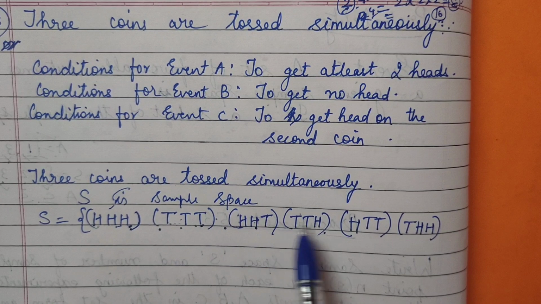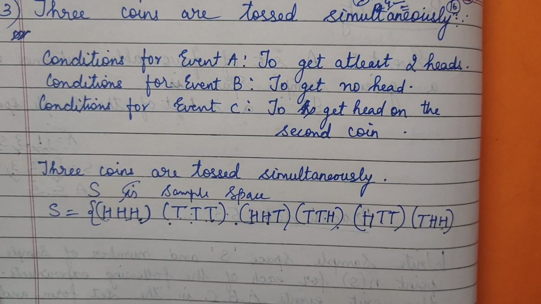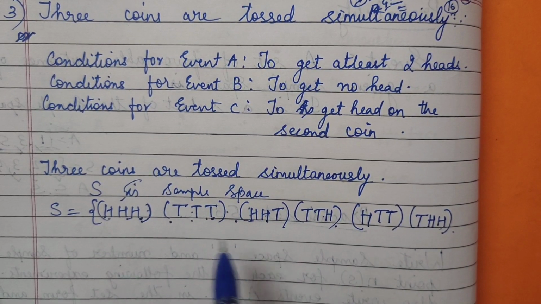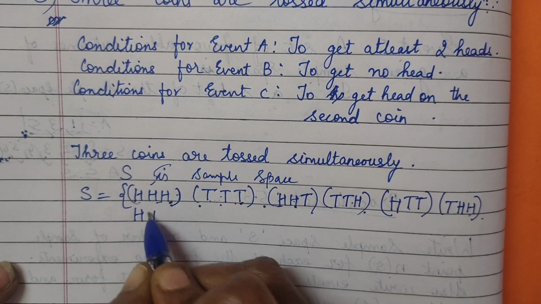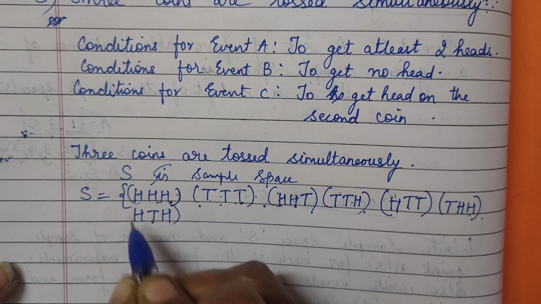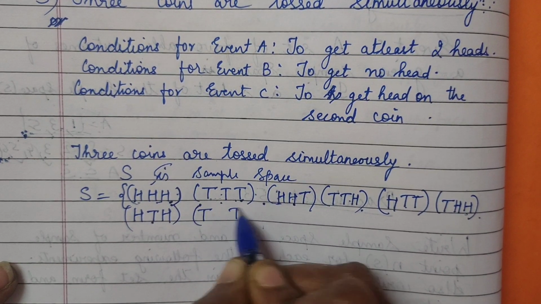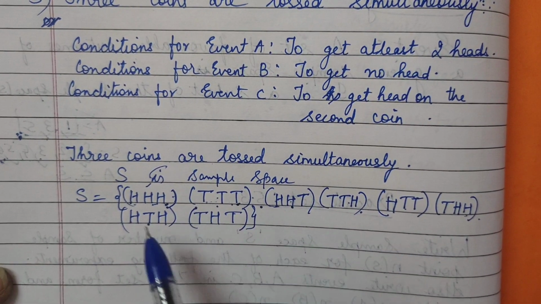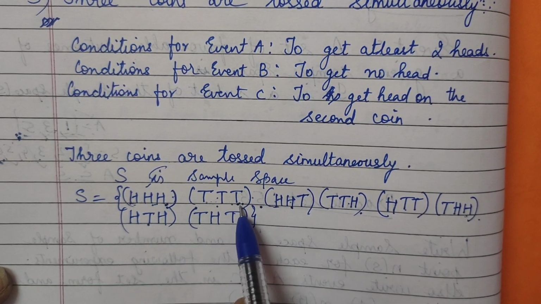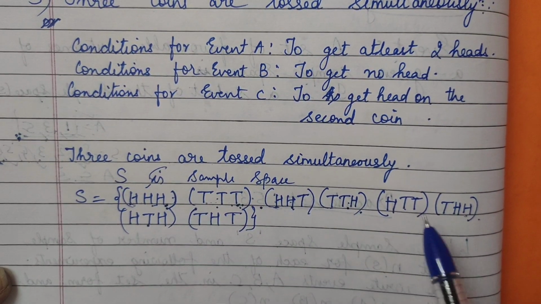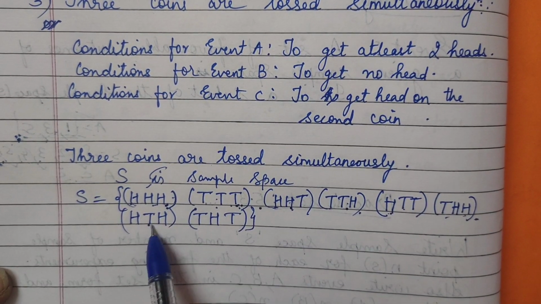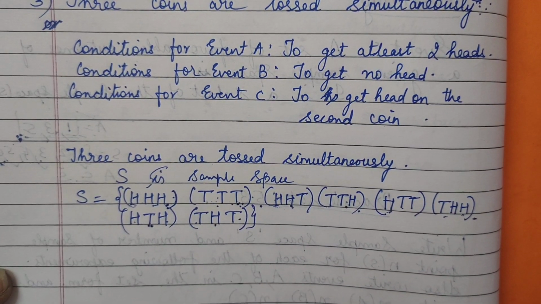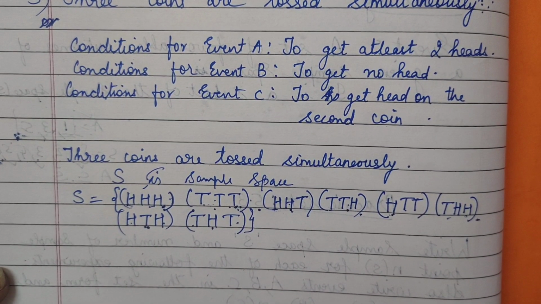Let's see: 1, 2, 3, 4, 5, 6. Still we need 2 more here. So we are done with this one. Then we will put T in between H and H, and then H between the two T's. So see, we got 8 combinations: first 3 H, 3 T, 2 H with 1 T, 2 T with 1 H, then a single H with the rest T, a single T with the rest H, then T between two H's, and H between two T's.